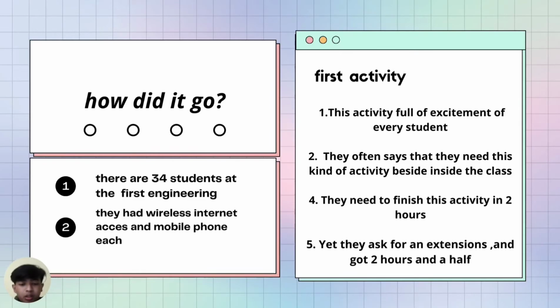How did it go? The activity was done with 34 students, all in their first year. At the Faculty of Engineering, every student had a mobile phone, and the majority had wireless internet access. Some students also had tablets. During the activity, we observed that the students were actively engaged in the tasks, probably because I, the instructor, had